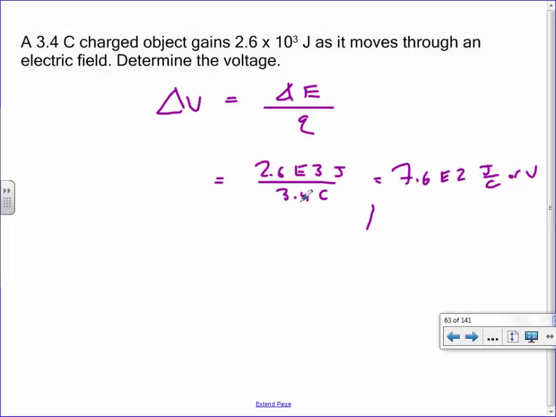Like if this was a 300 Coulomb object and you were dividing by 300, what would it do to the voltage? Well, it would make the voltage drop, right? Which makes sense because it wasn't really the plates of the anode and cathode moving the object then. It was just the fact that the object itself was so highly charged. So, is that straightforward so far? Okay.